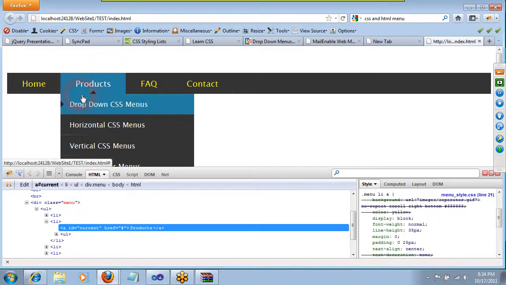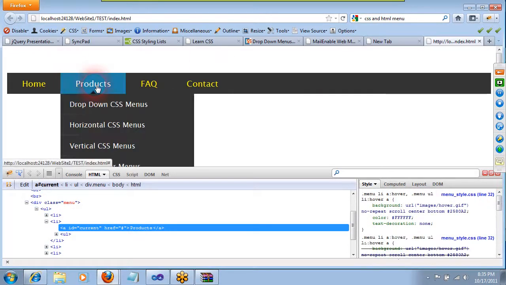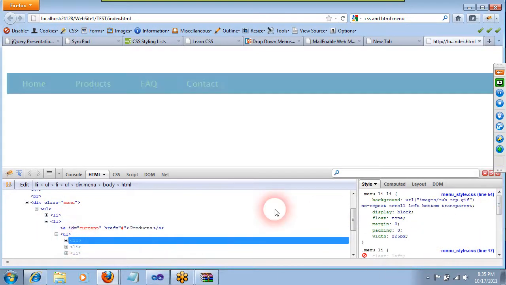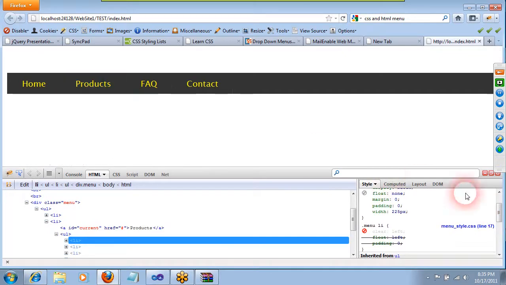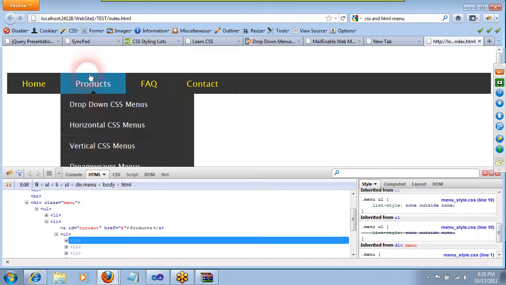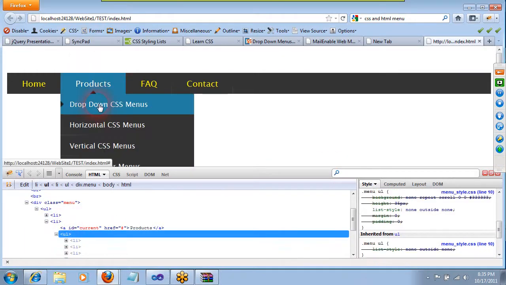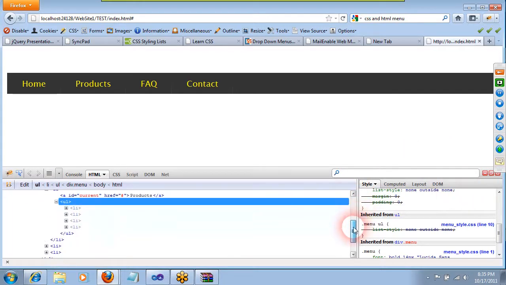Let me just go back over there and see that now that I'm hovering over that LI, it takes on display block, which shows it again. Because when this is not being shown, it gets the display none. Or not. Where is the display none coming from? That's the one I should be showing you. That's a lot less confusing. I'm just trying to find a good example of what I'm trying to show you with it displaying and then not displaying anymore. I'm not finding that, so I'm going to move on